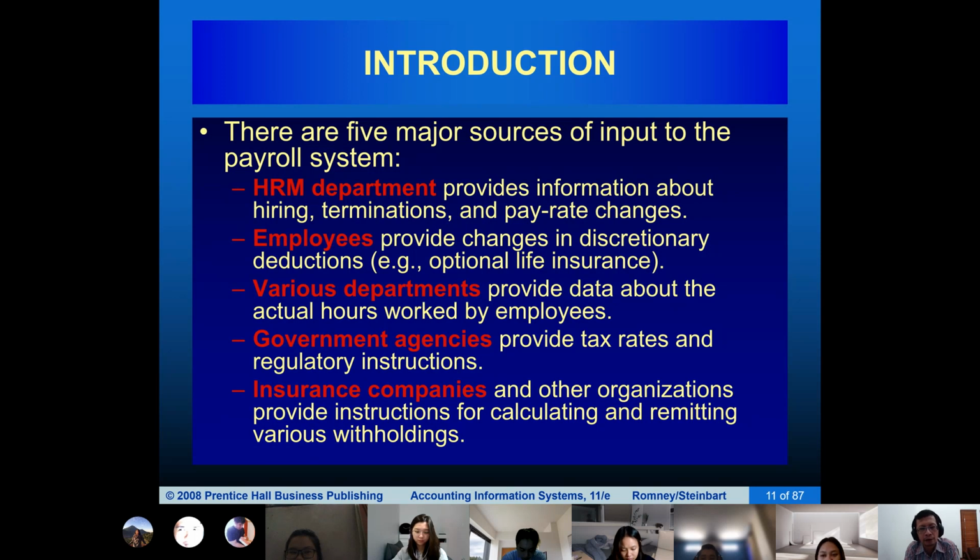Employees provide changes in discretionary deductions. For example, when I was a bachelor, unmarried, I got my salary and then I got a benefit to buy rice for one person.